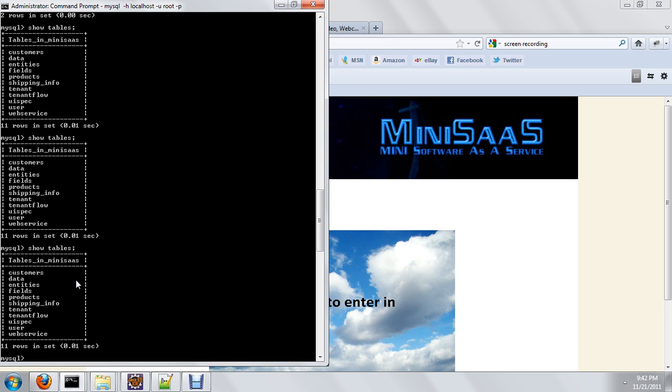The customer table for storing customer related information, the data table for storing the data values, the entity table for storing entities, the field table for storing the field values, the product table for storing the product related information, the shipping info for storing all the shipping related information, the tenant table for storing the tenant related information, that is the username and the password of the tenant,